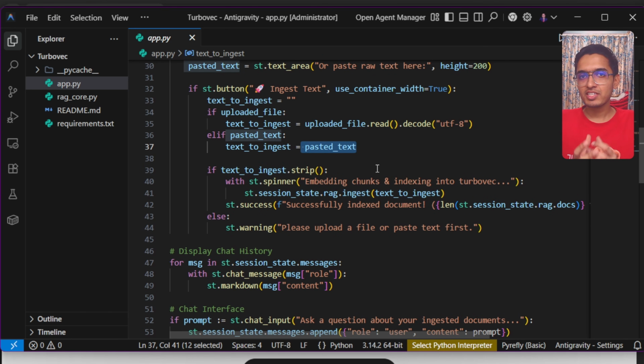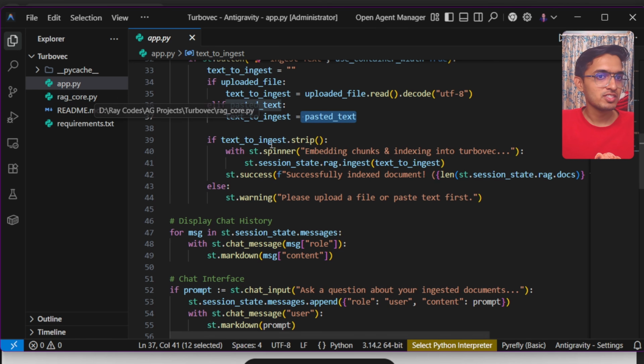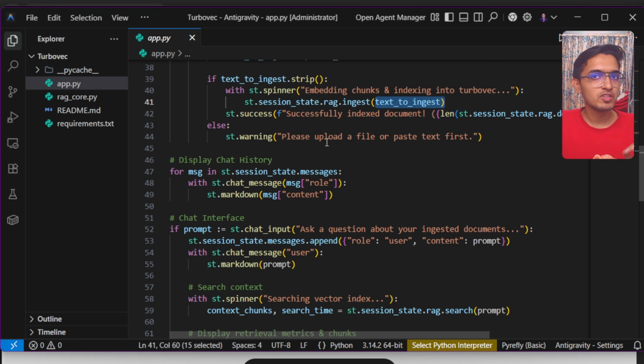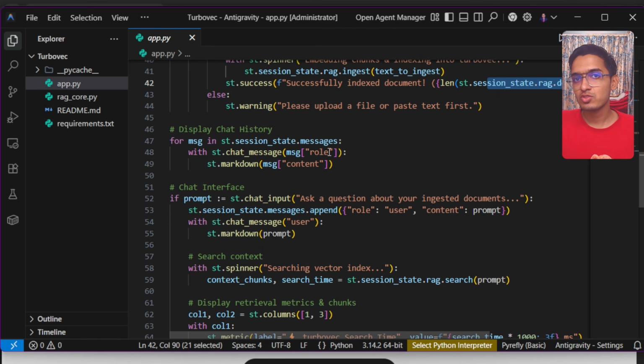And once we have got the text, we need to convert that into vectors and ingest them in our vector database. So I'm going to be using that same ingest command that I have defined in this rag core file, and I'm going to pass this text as an input to this function. Once we have successfully indexed the document, I'll just print this message that indexing is successful and this is the length of the rag docs currently. But if the user is not giving any document, I'll just print a warning that please upload a file or